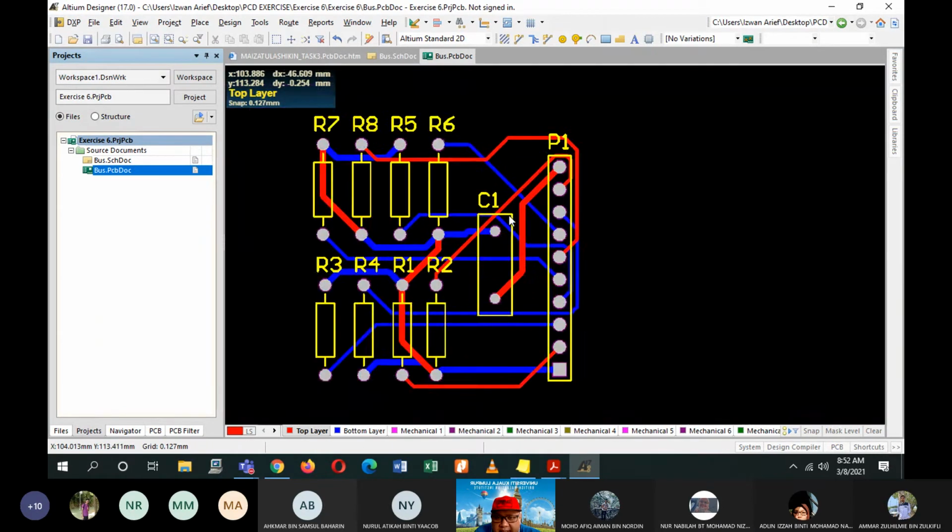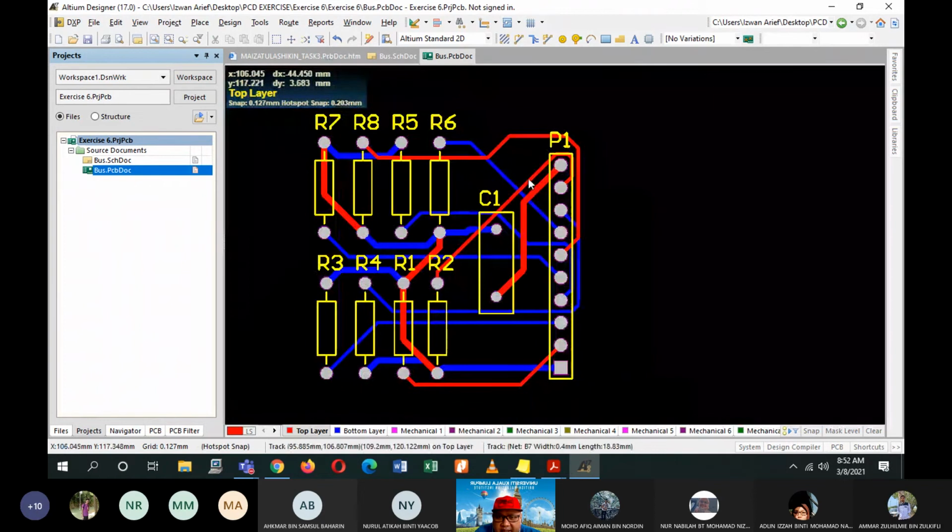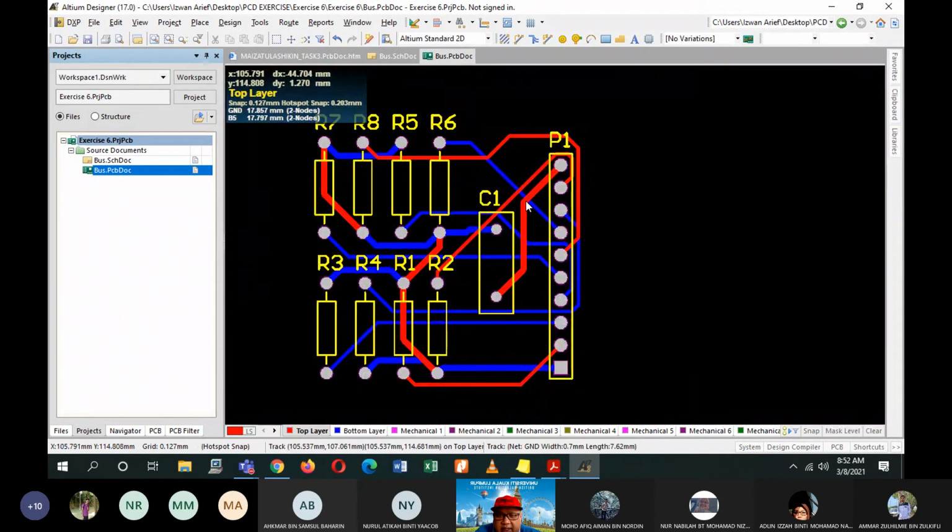So if you notice here, for example, the connection, these lines and these lines. The sizes of the connections are different because the thin line is for the normal trace, normal connections. The width just now 0.3, 0.4, 0.5.